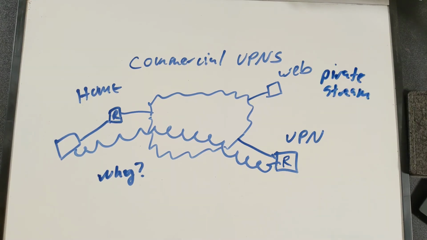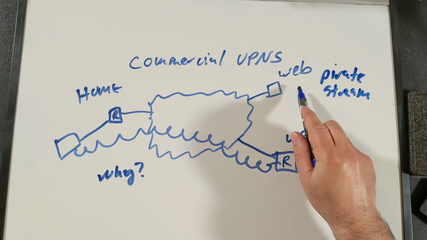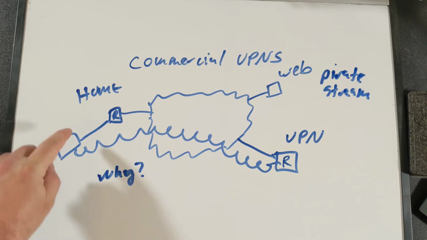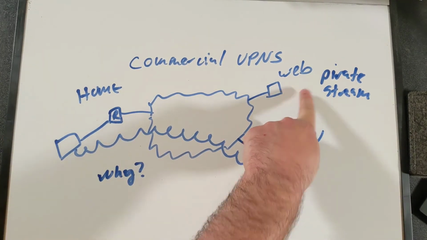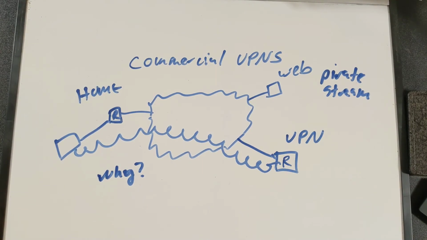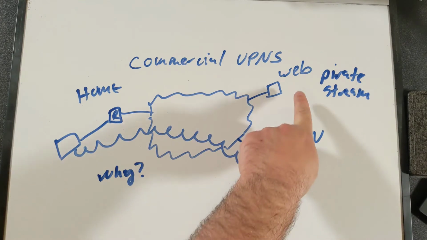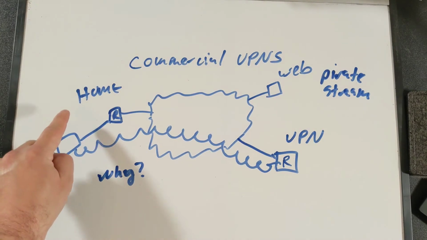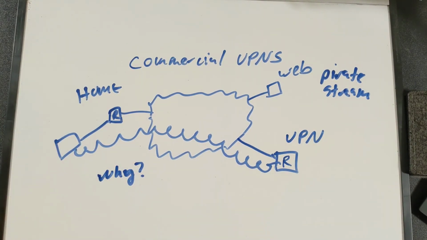All right, another possible reason is that this web server is streaming a movie that they don't have a copyright license for. And so if you were to connect directly to this web server, then your IP and their logs would be evidence that you had violated copyright law, which conceptually has relatively large penalties, and you don't want it to be so easy for the copyright holder to request the web logs from the server and then request the IP logs from your ISP, connect that pirate stream request to you, and then send you an angry letter asking for a lot of money.